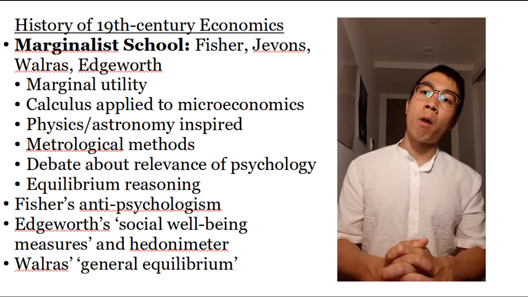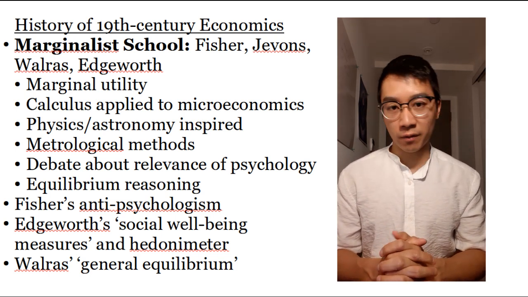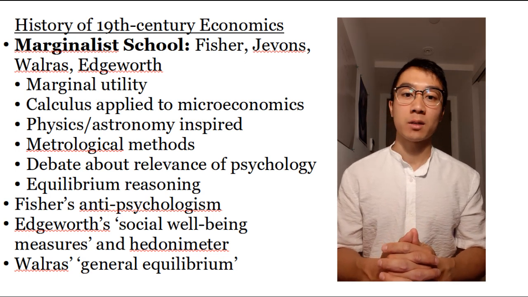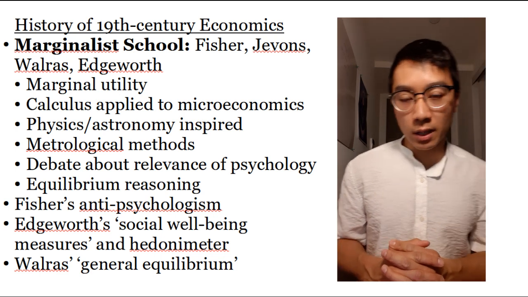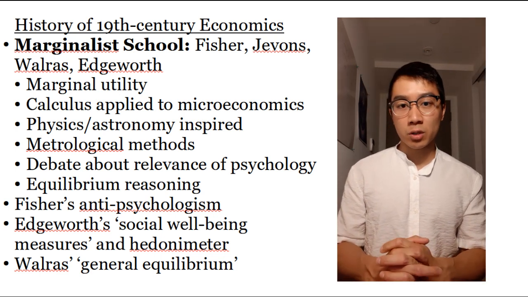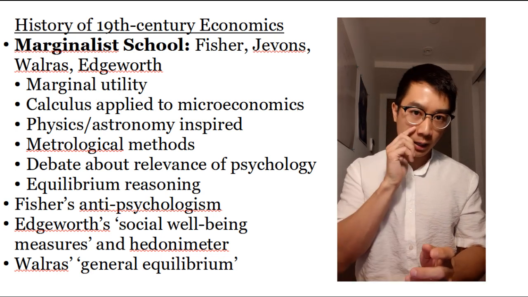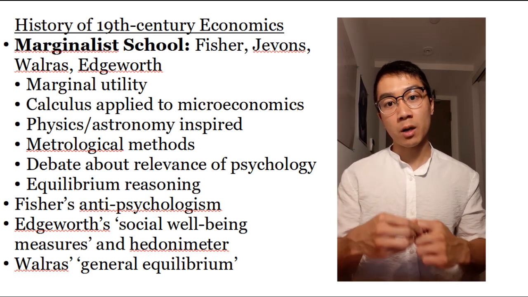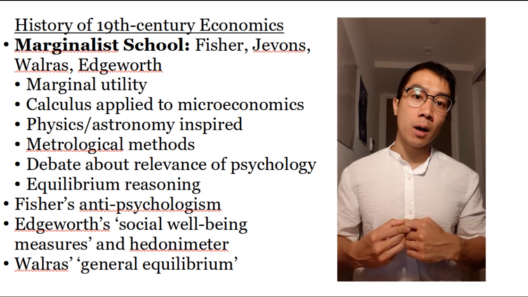We're going to focus on the so-called marginalist school of economics. This is very influential, perhaps more influential than Marx when it comes to economics as a science. The reason is that Marx was very influential in political theory and in sociology, but less influential in terms of the analysis of class structure and socioeconomic relations in the context of capital goods in mainstream economics